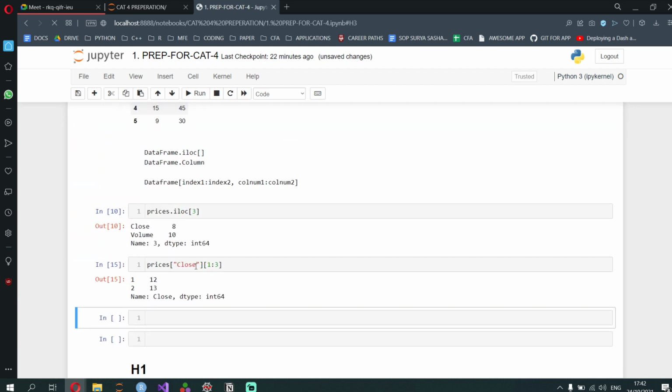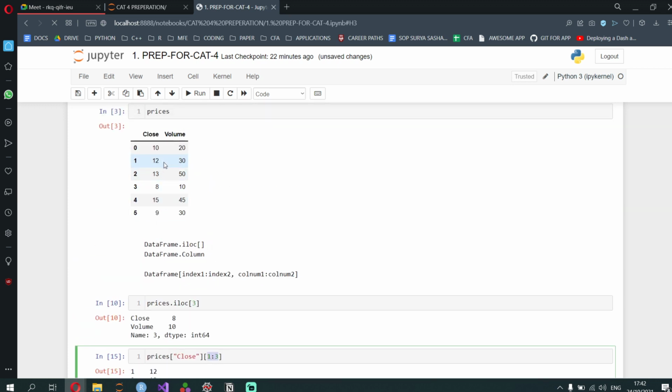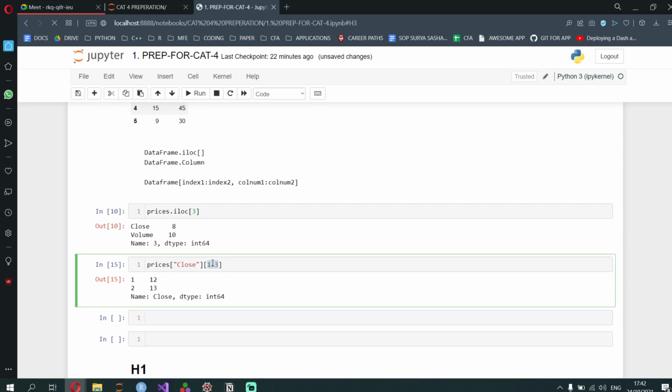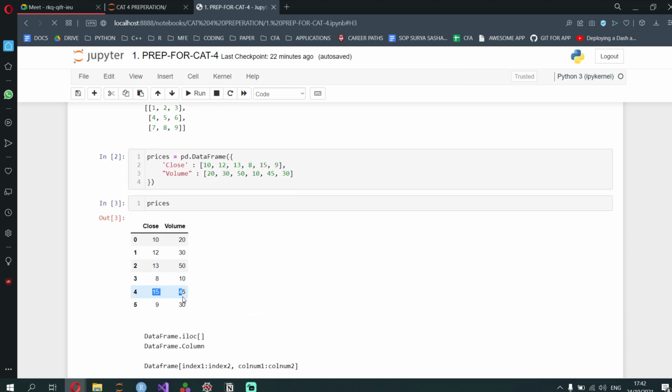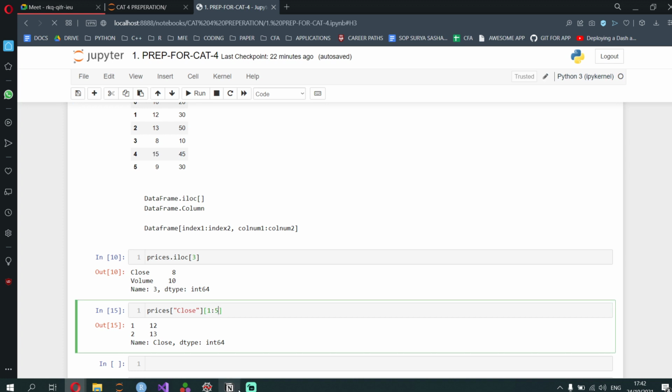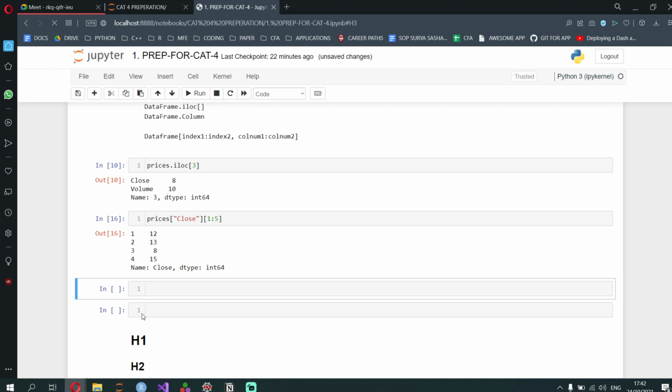Cool. So yeah, this is how you can index various rows. Okay, you need from row number 2 to row number, let's say 4 over here. Okay, you need row number 2 to row number 4 means you need to put 1 comma 5. 1 because it's a 0 indexing language, and hence for row number 2 you need to put 1, and it counts till one place under it. One place under it, so it counts till 4. If you want to go to the fifth column, you need to put index 5, which means row number 6, and gives us row 1 2 3 4.